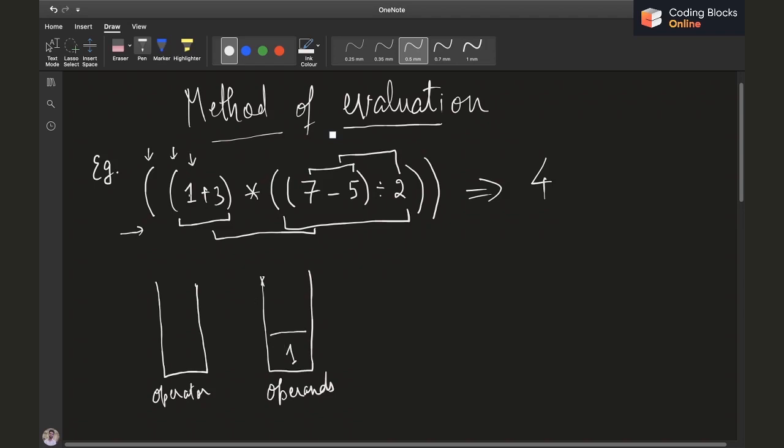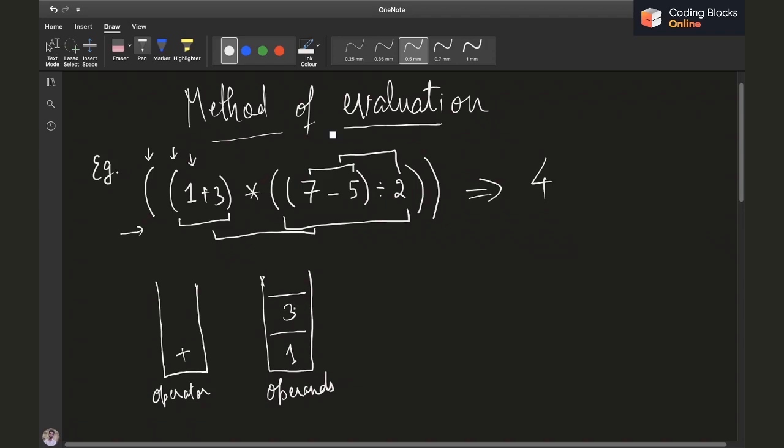Then we get an operator, push it to the operator stack, then operand, then we get a closing bracket. Now when we get a closing bracket, we'll apply the operator which is on the top of the operator stack upon the operands which are on the top of the operand stack.